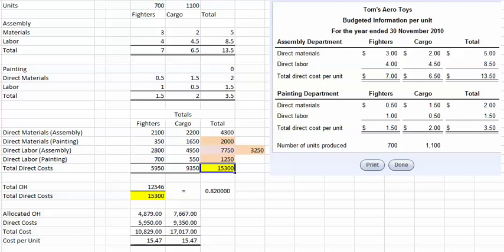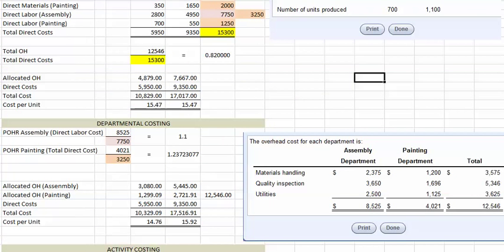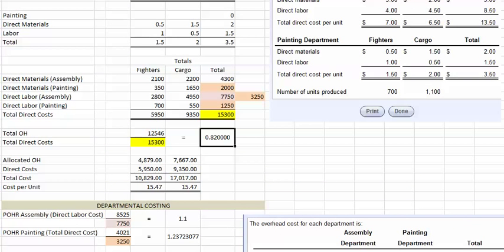Our total direct cost is $15,300. And that's going to be our allocation base for calculating the predetermined overhead rate. Our total manufacturing overhead is $12,546. $12,546 divided by the $15,000 gives us a rate of 82 cents per direct dollar cost. Next thing we have to do is allocate our overhead. Our total direct cost for the fighter planes is $5,590. So to allocate our overhead, we'll take the 82 cent predetermined overhead rate times the $5,590 to get total overhead